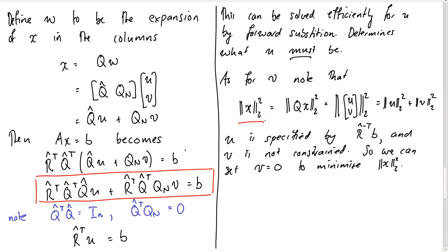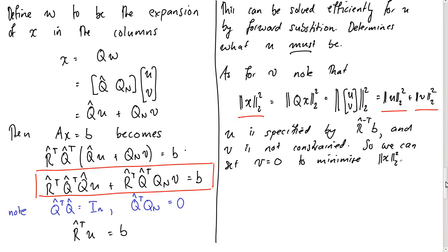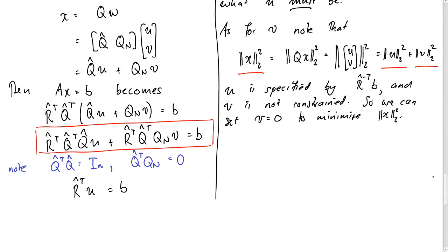Okay, so just looking at this equation here, the length of x is equal to the length squared of u plus the length squared of v. U we have no choice about. V we have complete choice, so to minimize that, we just set it equal to 0. Okay, so once we've done that, we're basically done. So putting it all together,